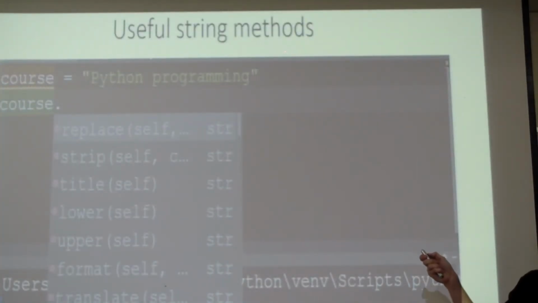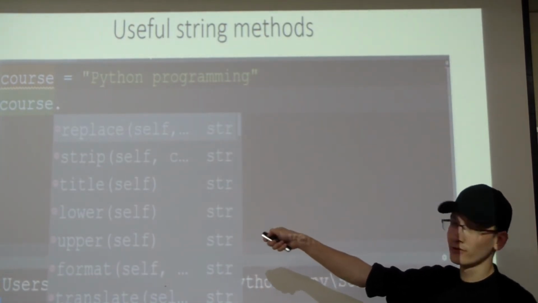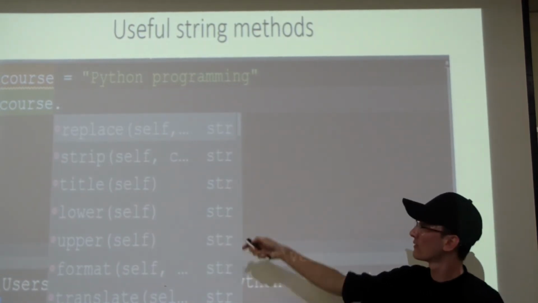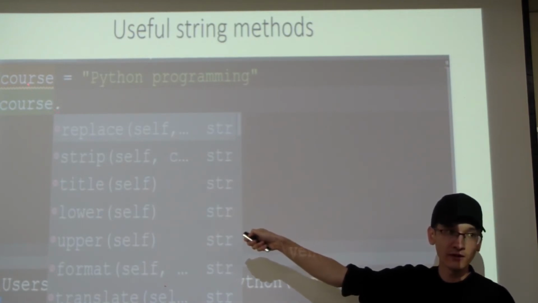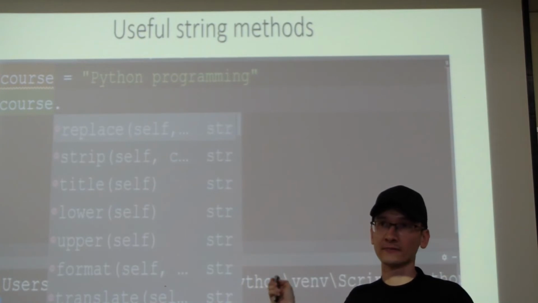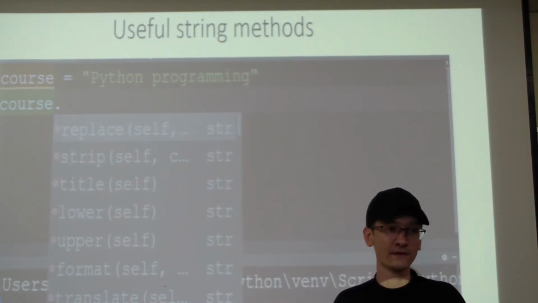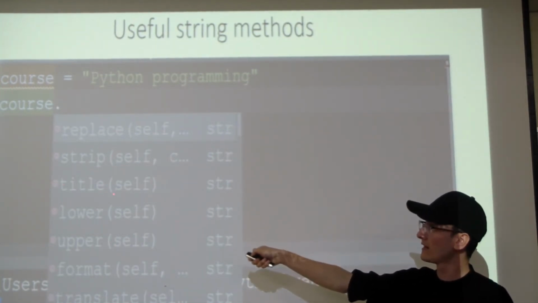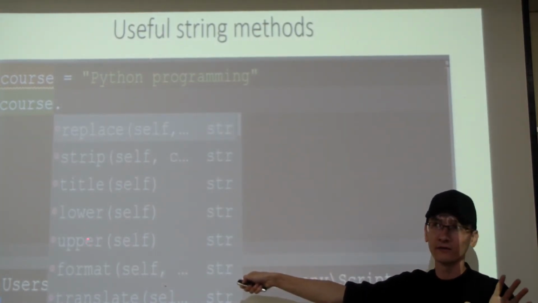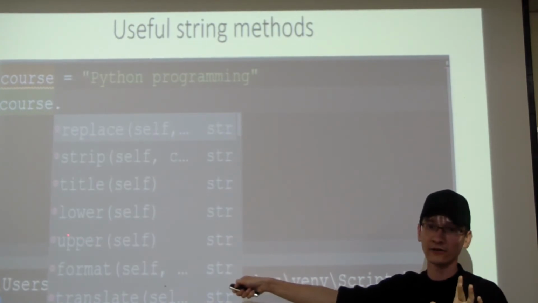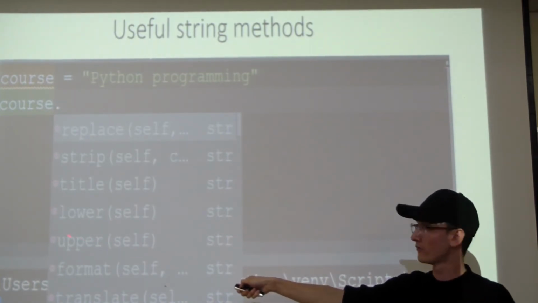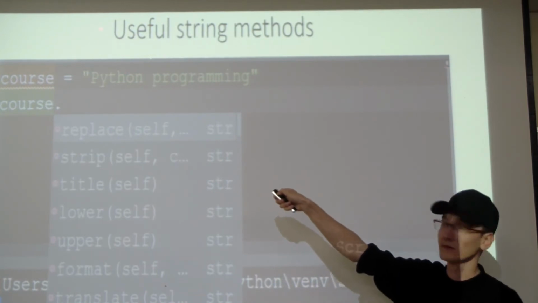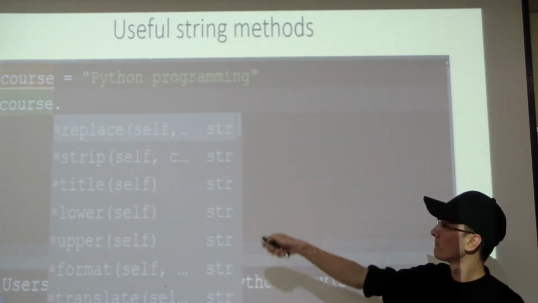Useful string methods. We have the course variable and the value Python programming. Now, if you type course and put a dot, PyCharm will give you some offers, some functions to use. For example, replace, strip, title, lower, upper. We learned this kind of functions in our previous lesson, if you remember. For example, upper will capitalize all the letters of your string. Print. Or lower,